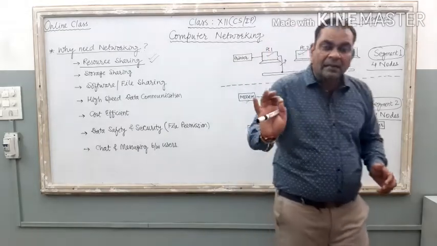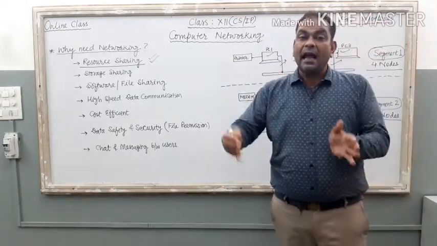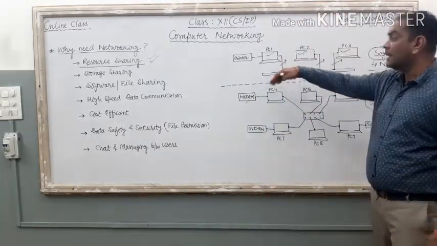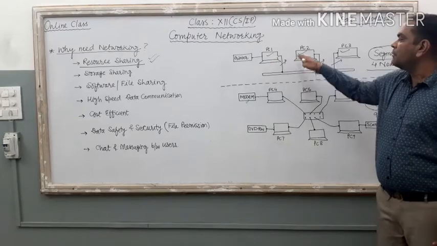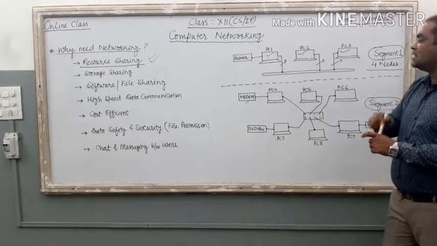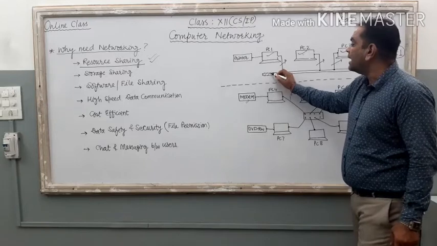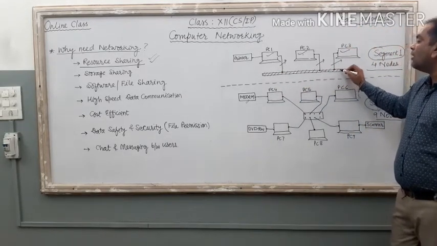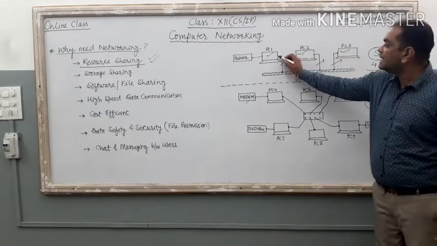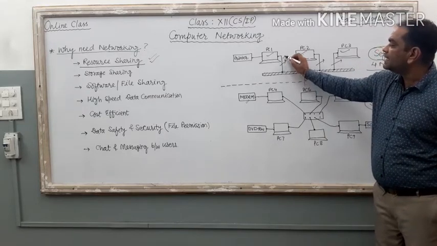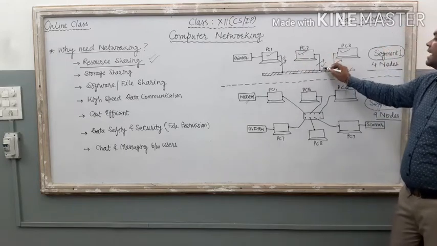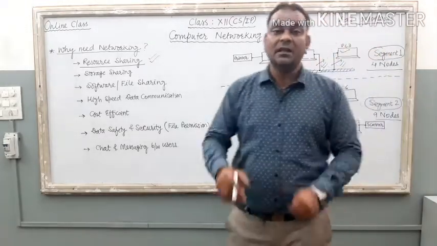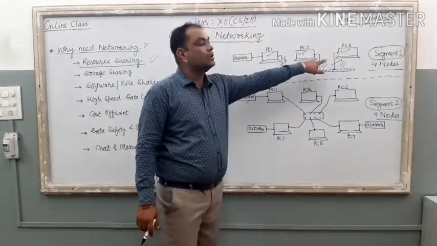Now if we connect these computers with each other and form a computer network, what will happen? Just come to this diagram. Here 3 computers are there. All these 3 computers are connected with this central wire. We can say backbone wire, or core wire of the network. All these computers are connected with this central wire. Just see the wiring: this first wire, second wire, and third wire. So these computers are connected with each other.